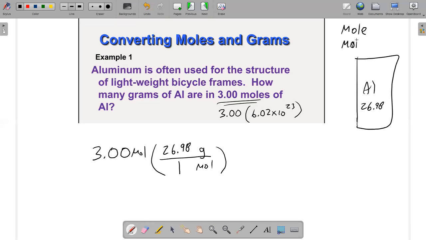So now the math goes, you got 3 moles times this factor, 26.98 over 1. The math is just, you take 3 times 26.98. And it's important to follow significant figure rules. This comes out to be, on my calculator, 80.94. But the 3.00 only had 3 significant figures. So although the 26.98 has 4 significant figures, it's appropriate to express this answer with only 3 significant figures: 80.9